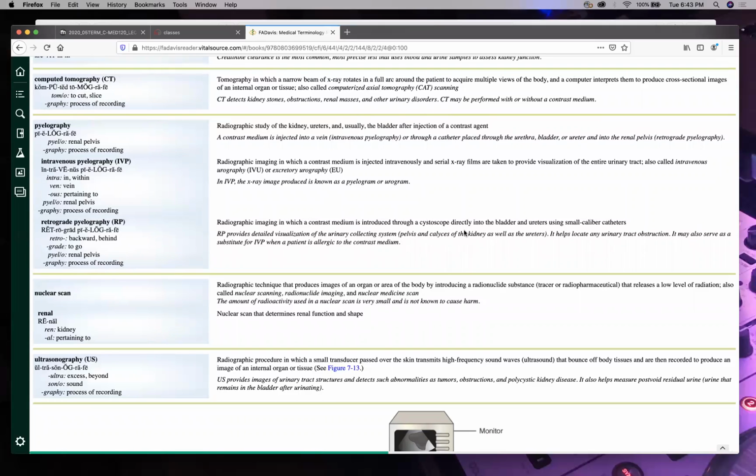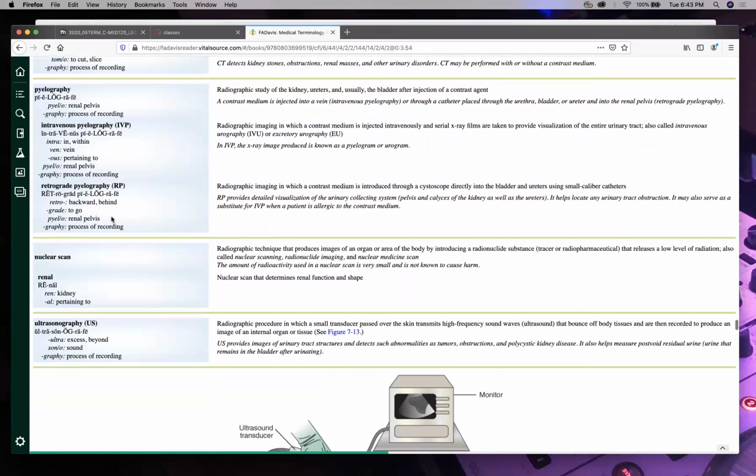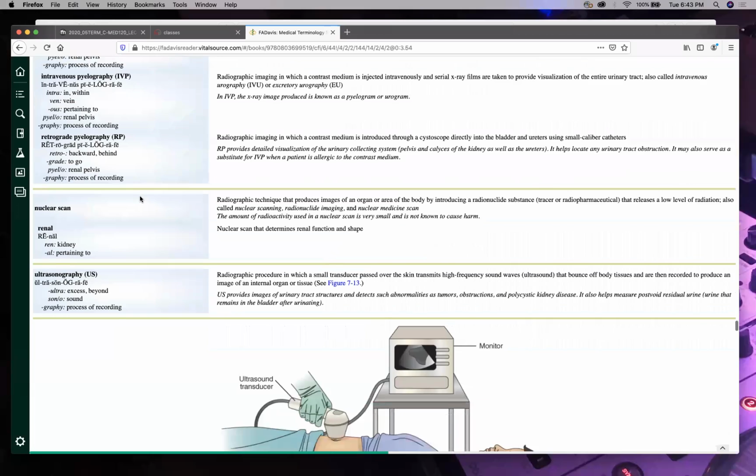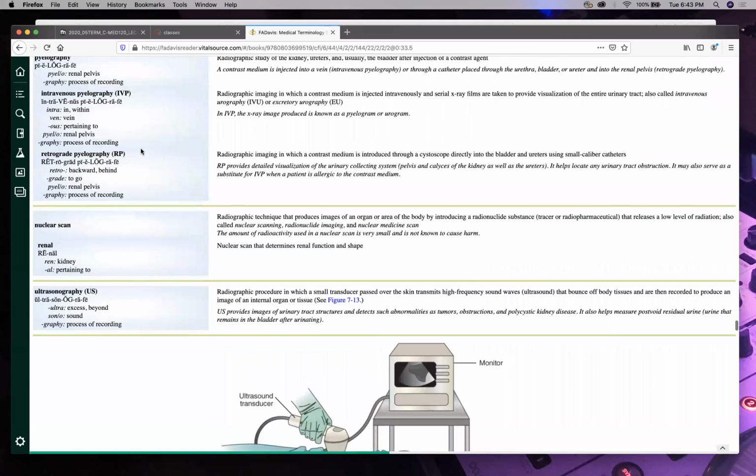That's when we put a cystoscope into your urinary bladder, and then we flush it out with material that makes it glow on a KUB or an X-ray. But with IVP, I put that chemical, or a version of that chemical, intravenously, inside your bloodstream. But with retrograde pyelography, I put it directly into your